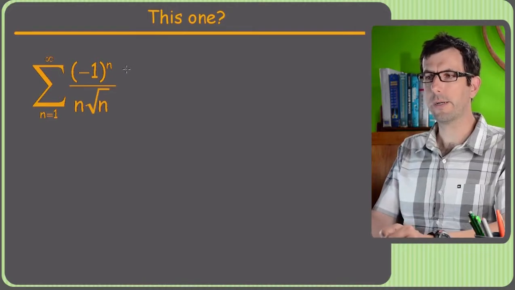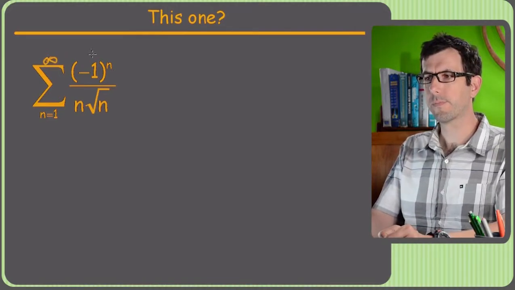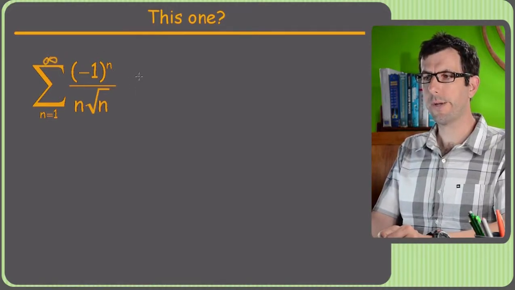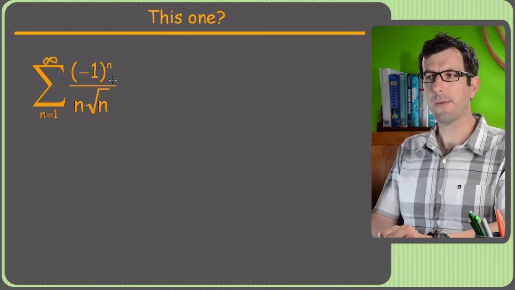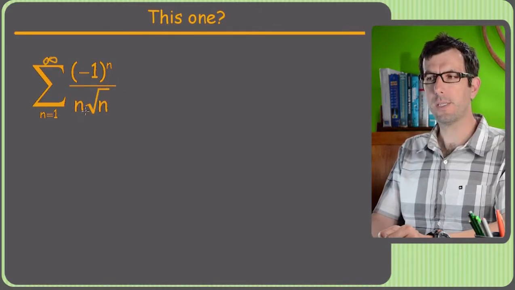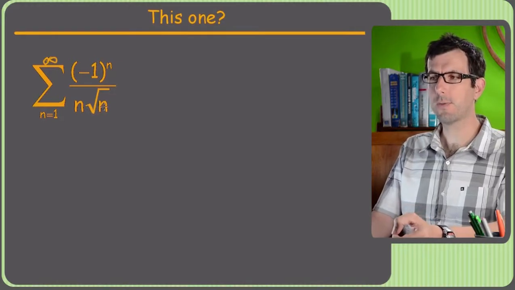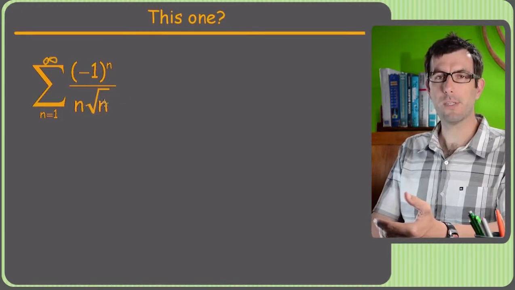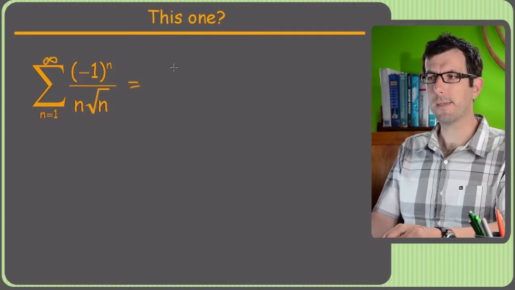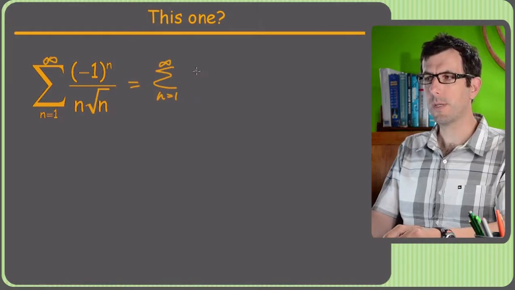All right, what's the deal here? I don't know. Let's take a crack at it. So what's weird is I've got 2 n's multiplied together downstairs, but couldn't I just combine those? Because there's different powers of the same base. So I could rewrite this as -1 to the n